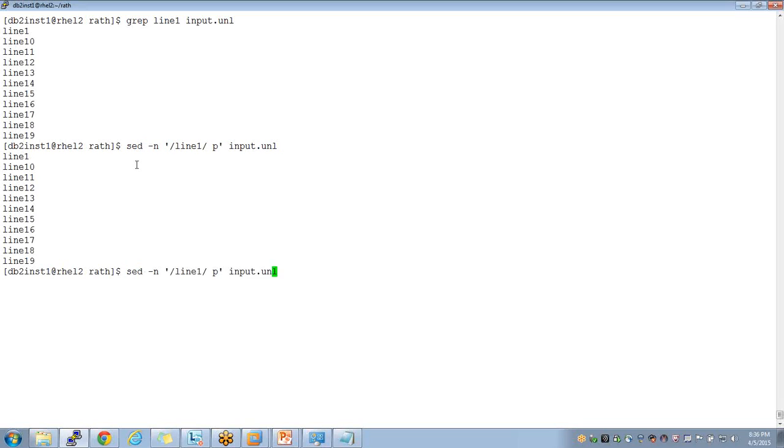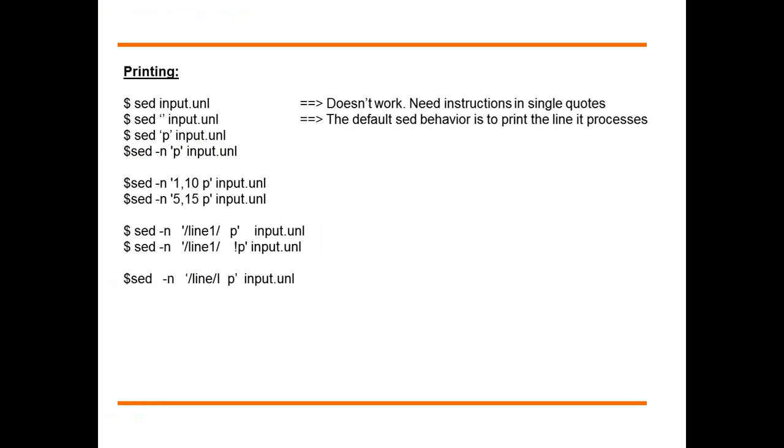If you want the exact opposite, there is grep -v, the negation of it. The easiest way to search is through grep only, not through sed. Sed will help us to do on-the-fly replacements. Even though it does the search stuff, we still use it to do the on-the-fly replacements only.